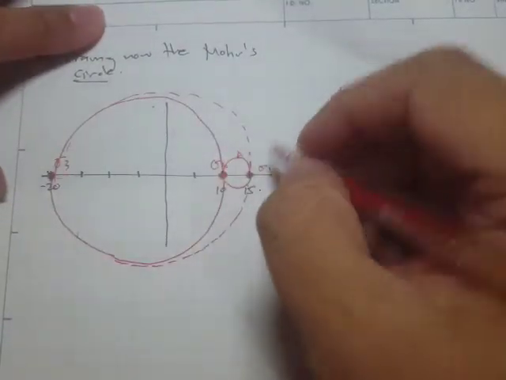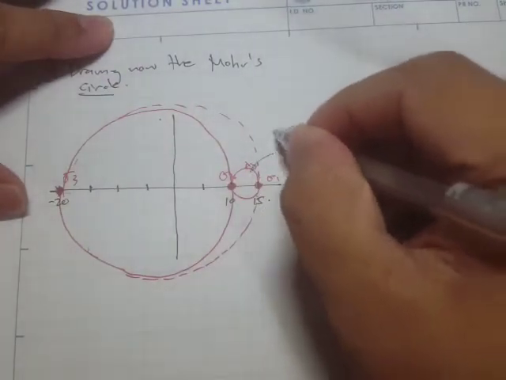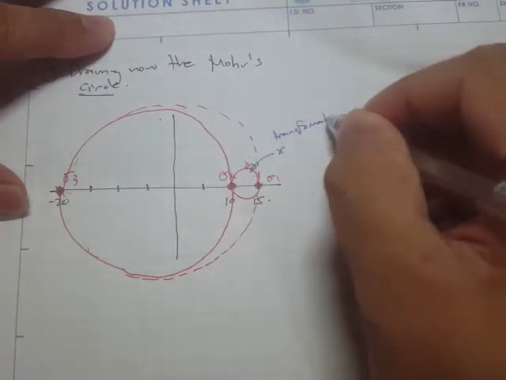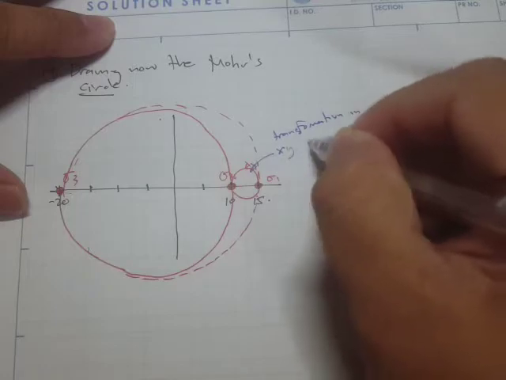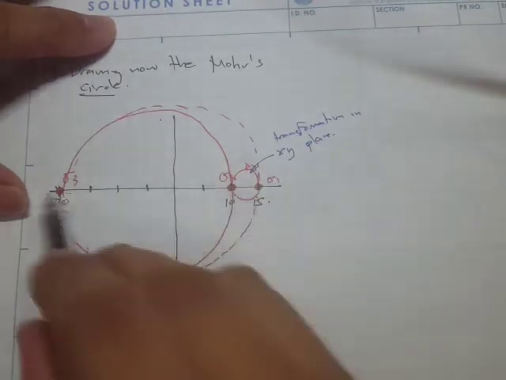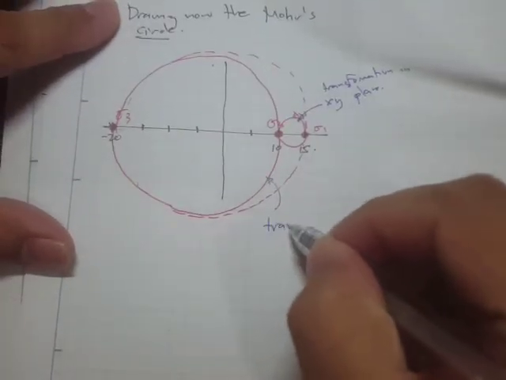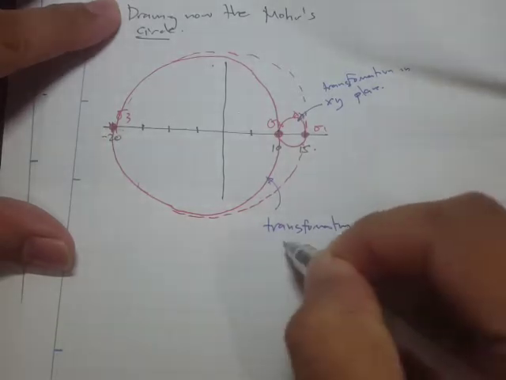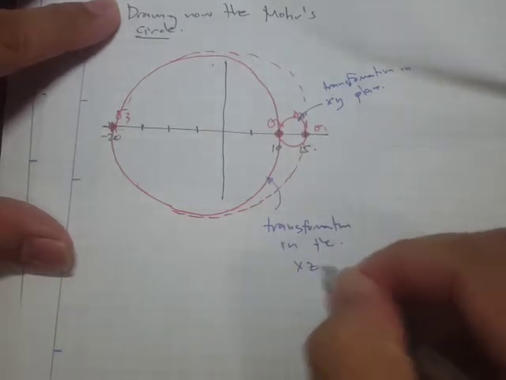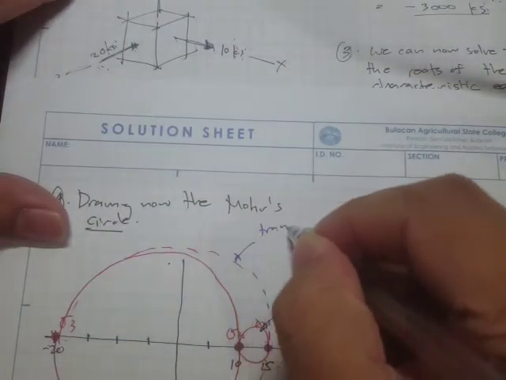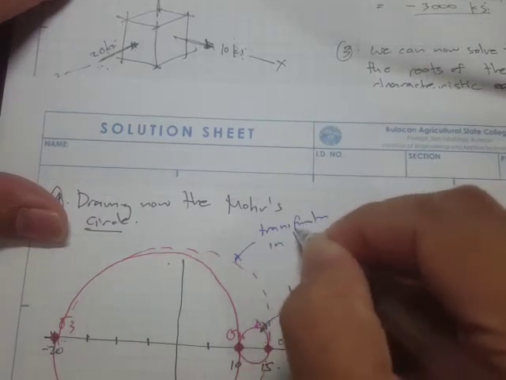xy stresses, plane stress. Right, so let's write it here. This is transformation in xy plane, and this one is 10 and negative 20, so that's xz plane. Let's write it here, transformation in the xz plane. And the largest circle, this is 15 and negative 20, so 15 and negative 20, this is compression. So this is transformation in the